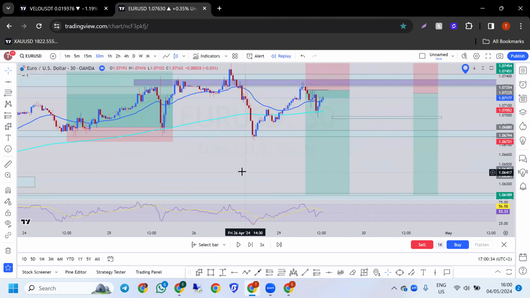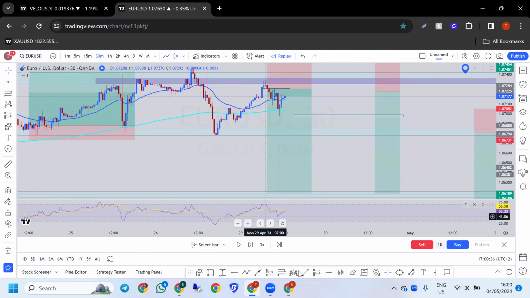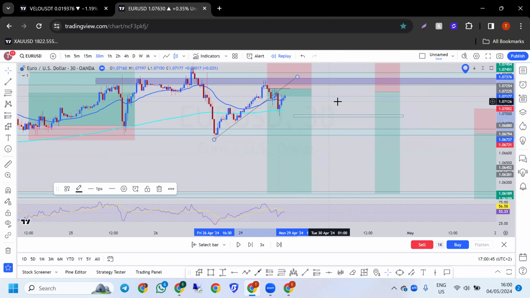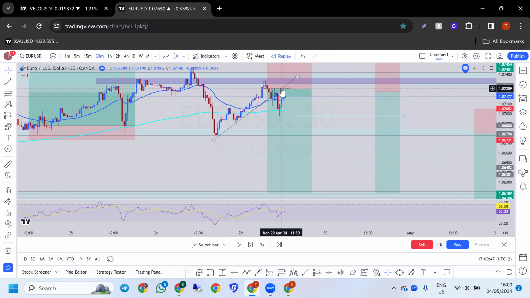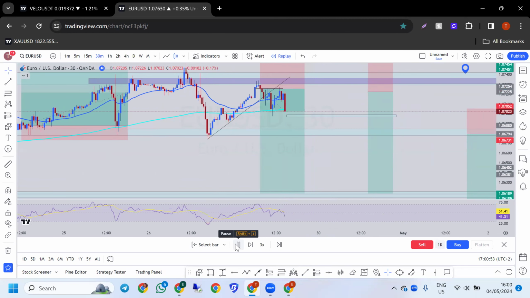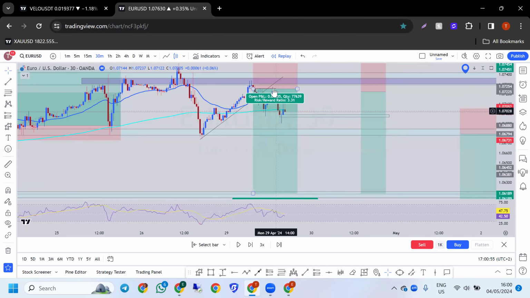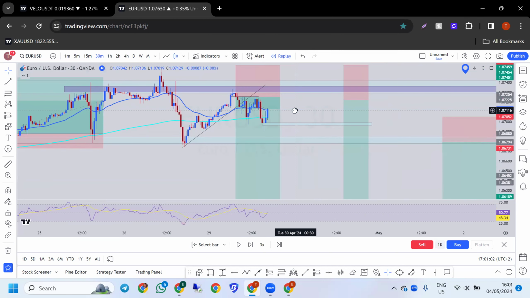Then the market started. Some people do entry on FIB. My trade just gave me all the entries I needed. I would have waited for this, but it's not necessary. I was inside the trade. So some people can actually take this trade from here, put their stop loss right there. You can actually take this trade.